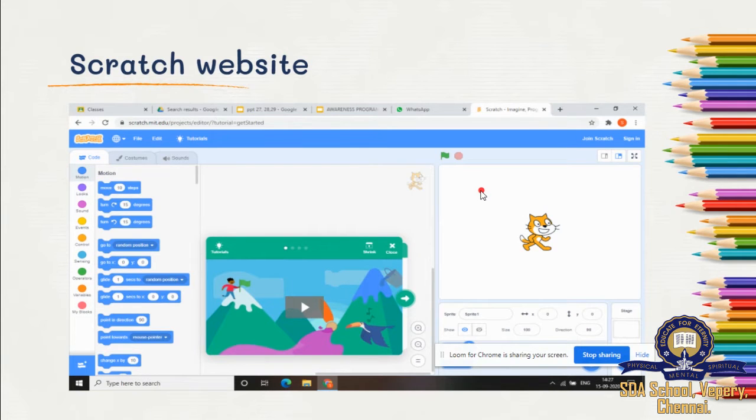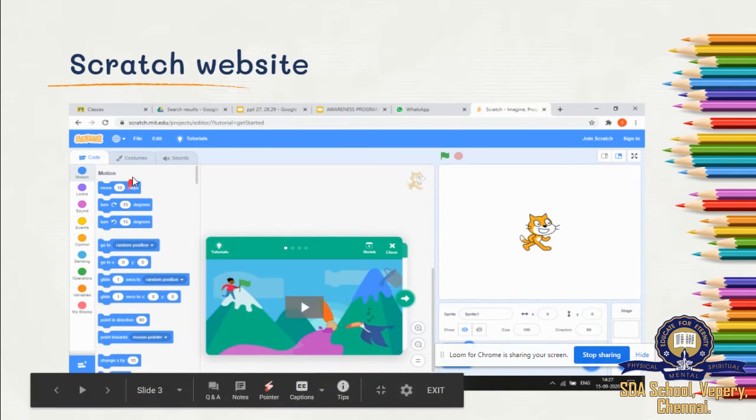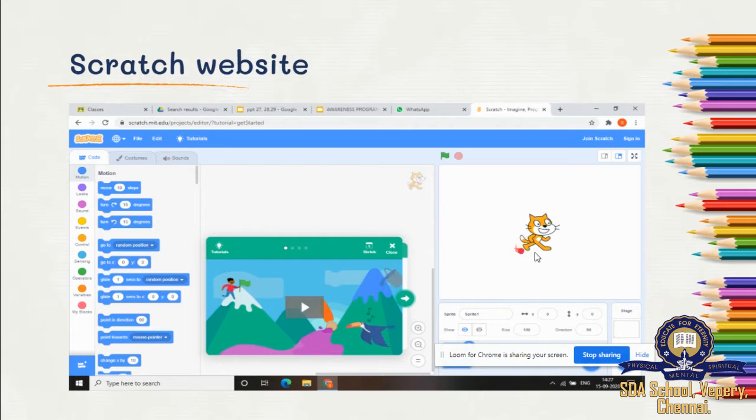Okay. Now script. I can select any motion from here. All these are called scripts, and this is called blocks. When you select this and keep it here, this cat will move 10 steps forward.